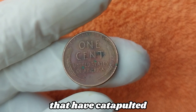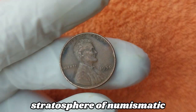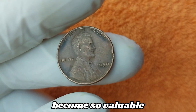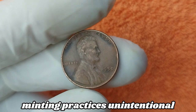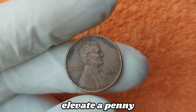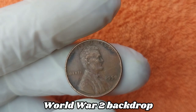and all the rare possibilities that have catapulted this ordinary-looking coin into the stratosphere of numismatic royalty, you'll not only gain insight into why some coins become so valuable but also how a perfect storm of historical context, minting practices, unintentional errors, and collector demand can combine to elevate a penny into a multi-million-dollar treasure, starting first with the post-World War II backdrop